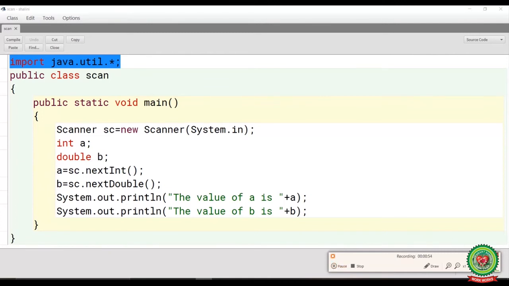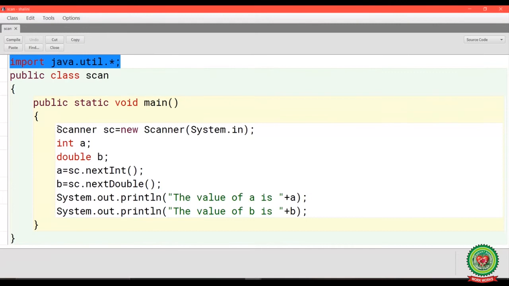For using it, I have declared a class called Scanner. Then I have created its object named sc equals new Scanner, and in brackets I have written System.in, as we are going to accept the value from the keyboard.